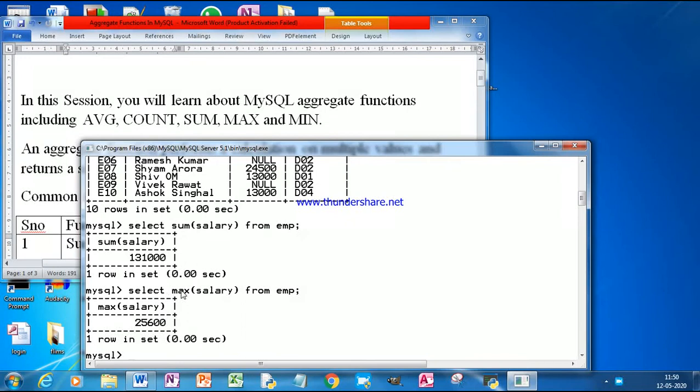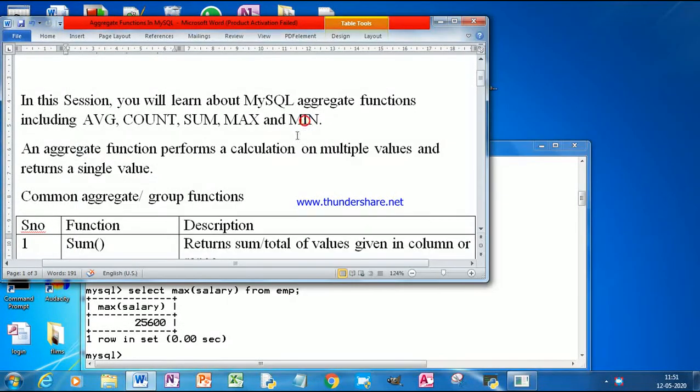See, any word that comes after the select command becomes the heading of the output for that particular field. See, select sum, select max. Anything that comes after the select command becomes the heading.